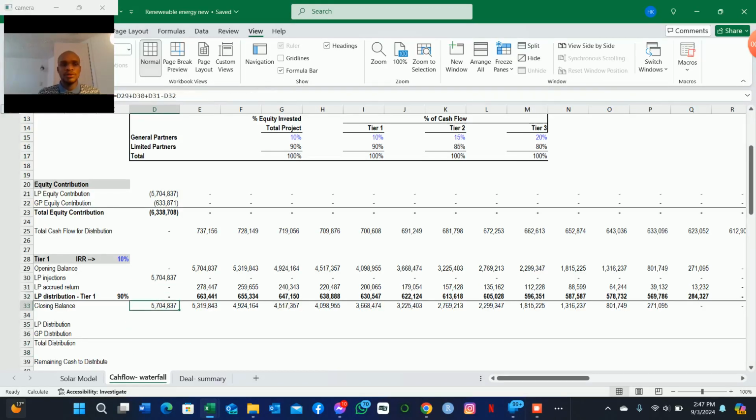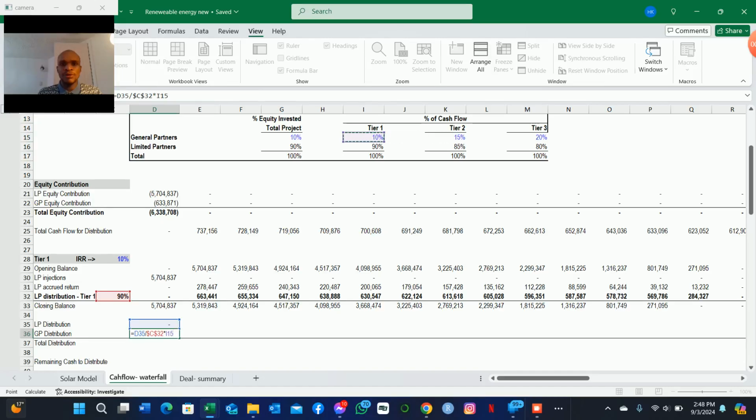So, having calculated the actual returns and the distributions to the limited partners, we can now reference the distribution to the limited partners here. The distribution to the general partners is going to be equal to whatever was distributed to the limited partners, and then we divide it by the contributions to them, a reference of cell F4, and then we multiply that by the contributions. We will multiply that by